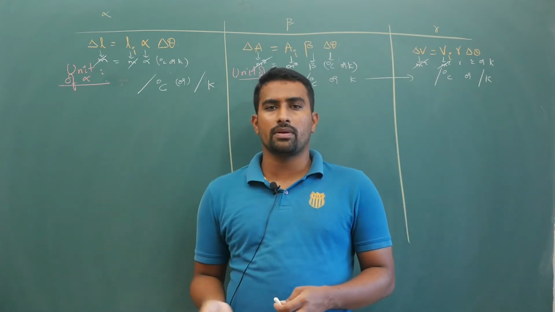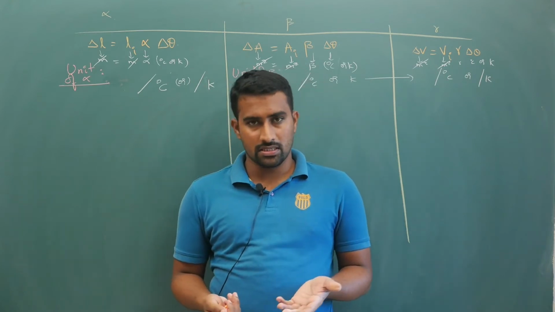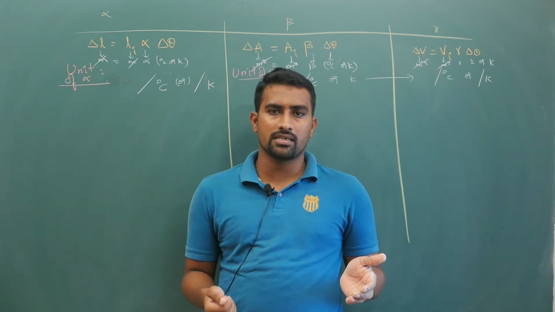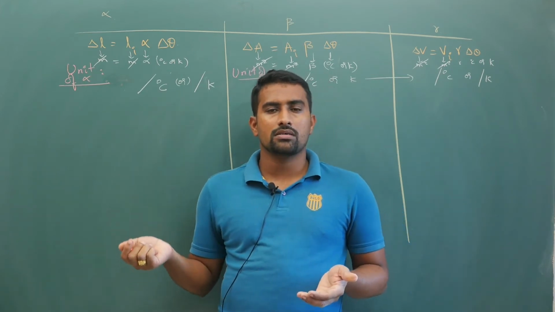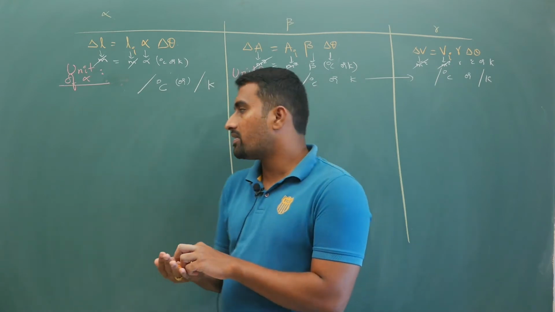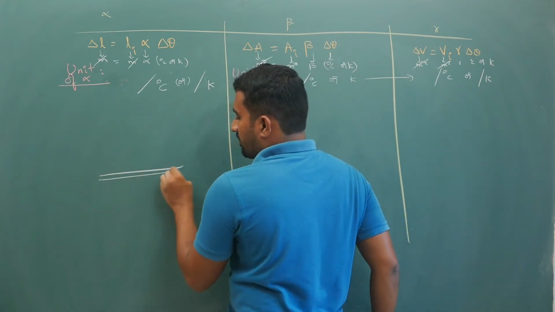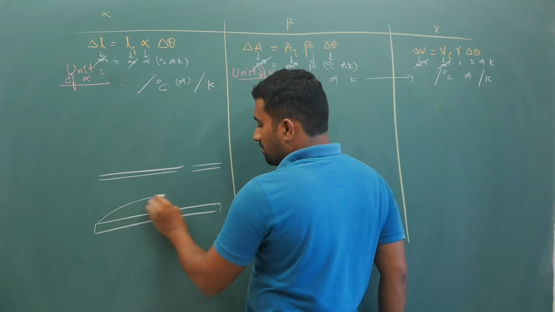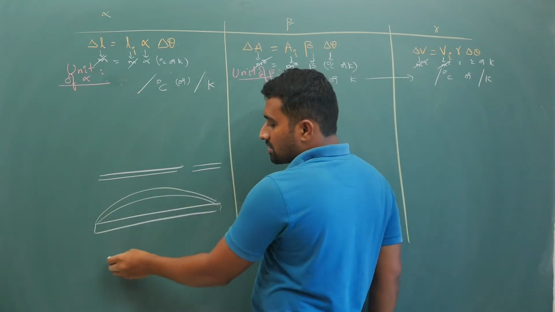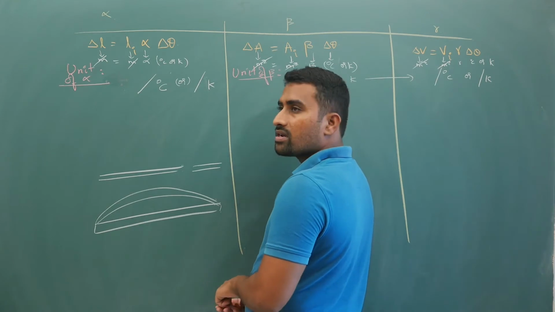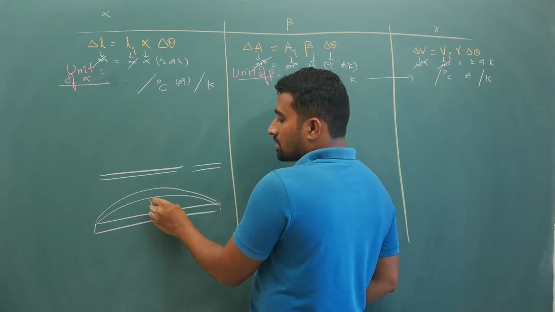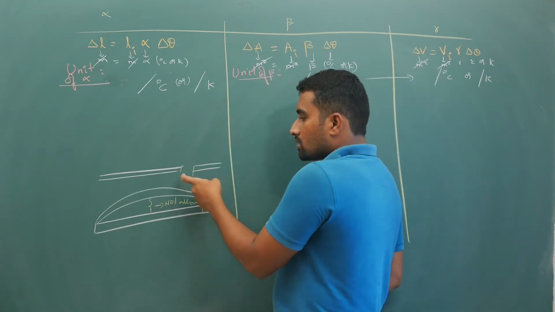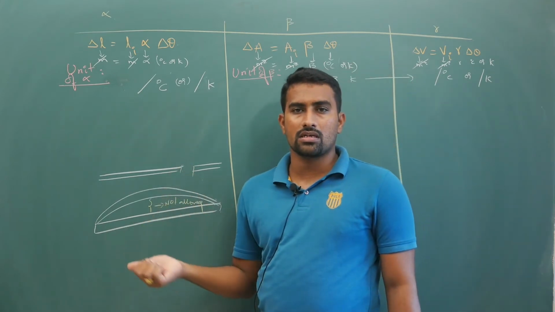For example, in linear expansion, take railway tracks. Why do you leave gaps between the rail tracks? In summer they will expand. If you have a stiff, fixed rod like this and you don't leave gaps, because of the increase in temperature it will bend like this. Train wheels have a fixed value, so for accidents not to happen, this bending effect is not allowed. To avoid the bending, they leave some gap here, and this gap will be compensated by the expansion.